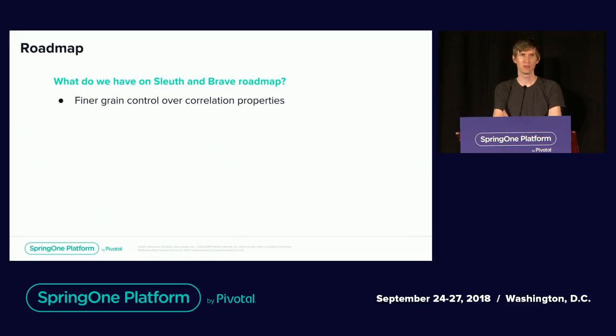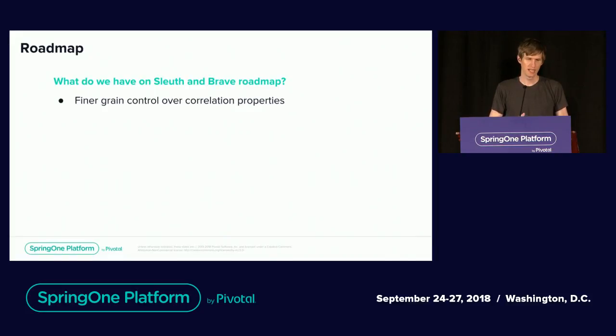So you saw us put trace IDs in the logs, and definitely people have things like SLF4J and MDC, which are ways to put things into your log files. But folks want to have things like the service name and the span name or any other thing